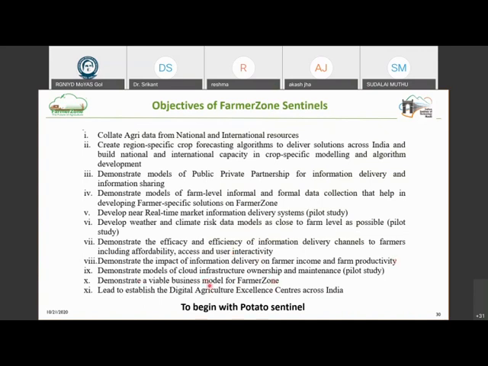Models of cloud infrastructure, business models, and things like this. Okay, so now you can see that as a data scientist, there are a lot of things beyond just algorithms. You have to think about the entirety of the problem. How do you ensure that your solution is a viable solution beyond just the analytics that you're doing? How do you ensure that it is acceptable to society and it continues in a self-sustaining manner?